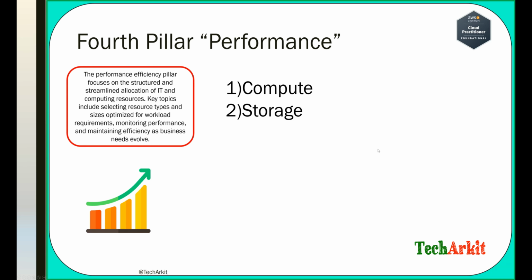The next one is storage resources for performance, including selecting the appropriate storage types. So which workload needs which type of storage. If you select a database as a workload but select S3 as the storage, that is a bad idea, right? It's not an optimized solution at all. But if you select EBS for the database to write the IO, that is a good selection. So that's how you do the appropriate storage type selection,